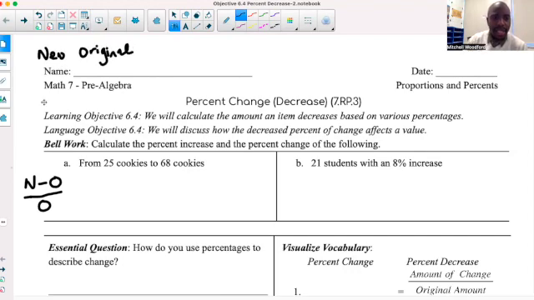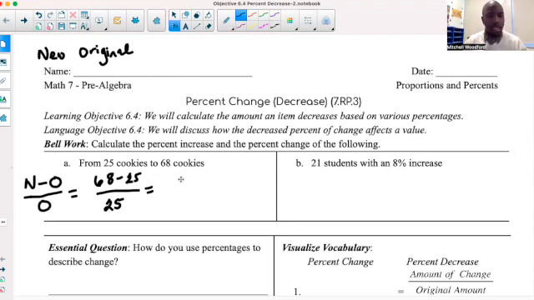The biggest thing at the top here is just finding the difference between the two numbers. Big number minus the small number, so you can find the difference. Or if you did small number minus big number, that's fine, just use the absolute value. You will still get the exact same number. But you do have to put it over the original amount. So new minus original: that's 68 cookies minus 25 cookies all over the original, which in this case is 25 cookies. 68 minus 25 is going to give us